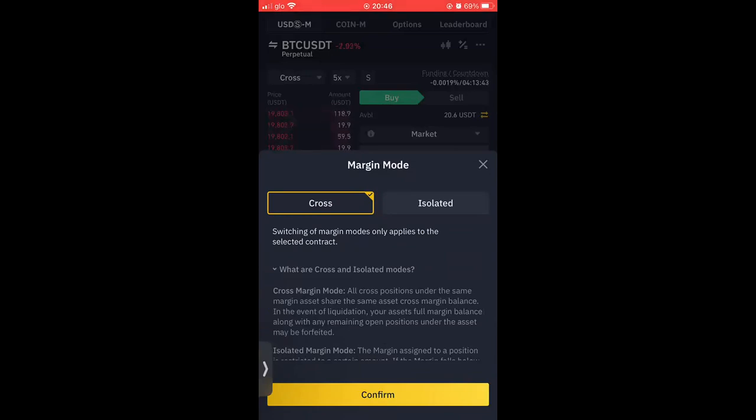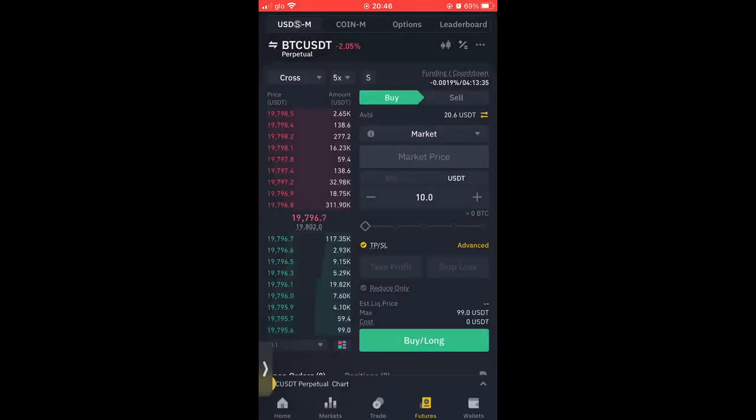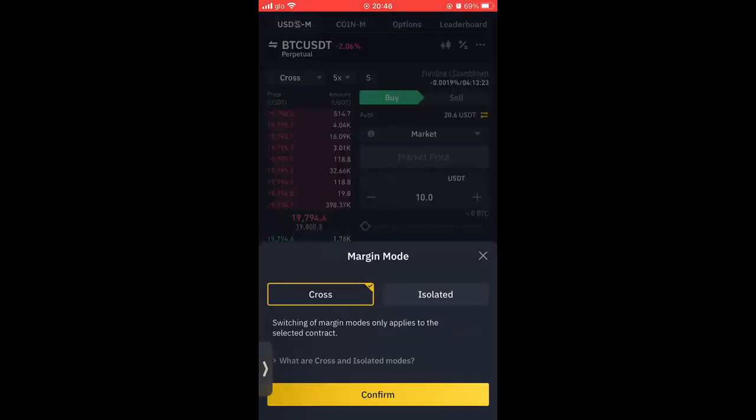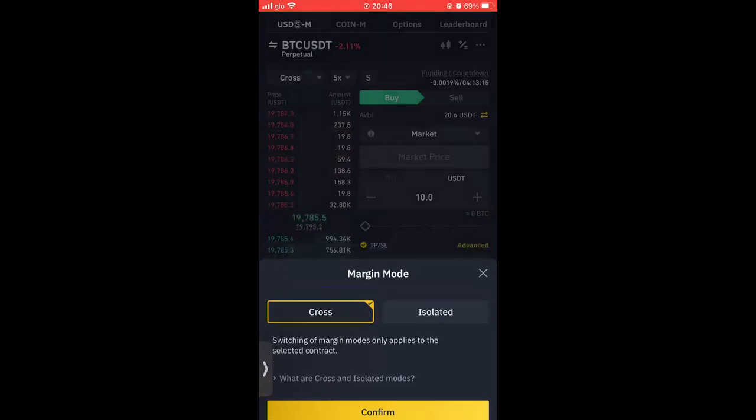The idea with cross is that if you are in a trade, it can share the balance that you put in the trade and the balance that you have in your wallet. That's just the simple idea. But when you choose isolated, that means, please don't touch my wallet. The only money that concerns you is the one that I've entered the market with. So that's just the difference between them.